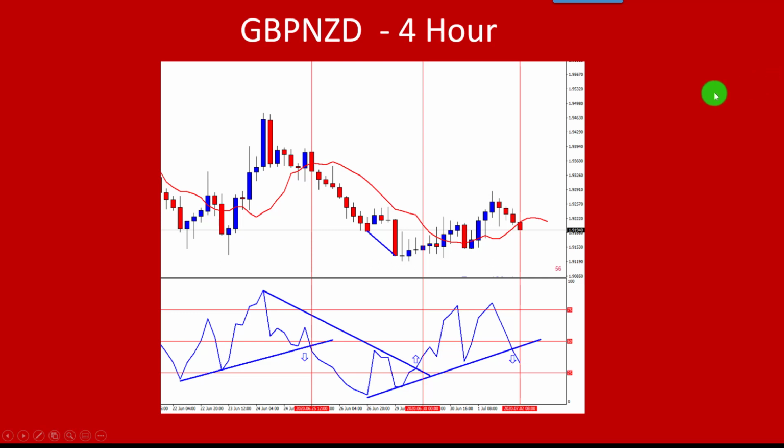Here's the pound New Zealand 4-hour chart, and you can see in this one I traded the RSI Trendline Violation trades, and here you can see how successful they were in the past. So there you have two mounds, a trend line. There was a nice sell and it went right down there, and then you have the two mounds again, trend line violation. There's a nice buy and it went okay,